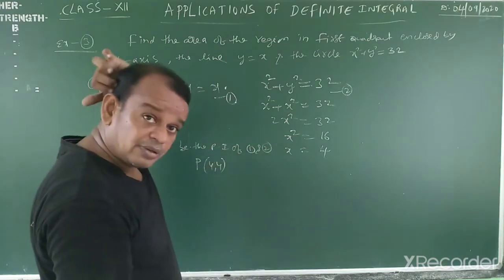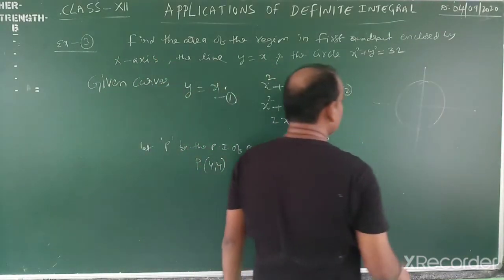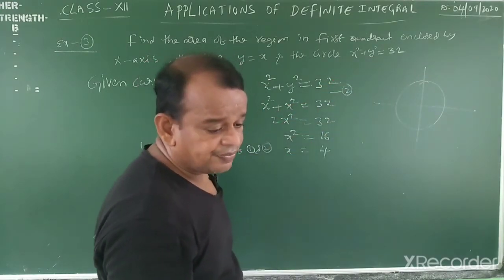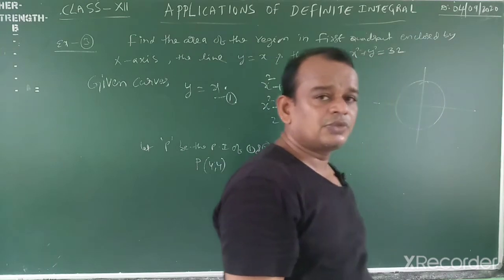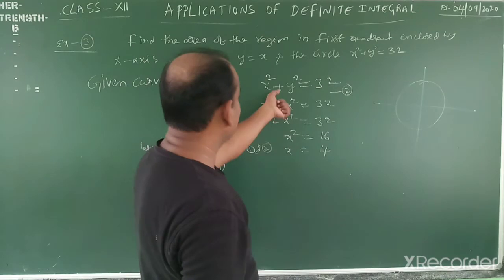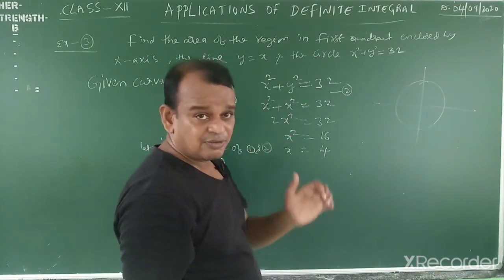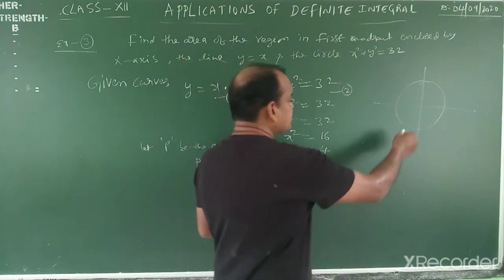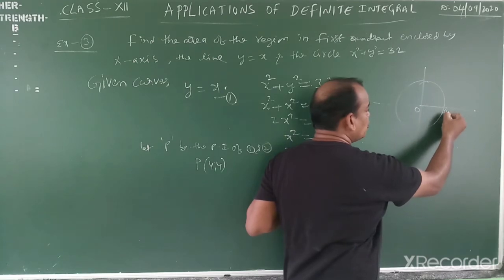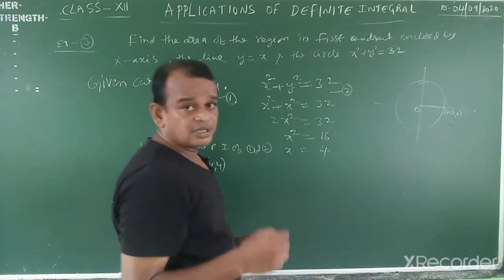Now, first we are going to the diagram, my dear students. Here, this is the circle. What about the circle? x square plus y square equal to r square. r square means root. This is 4 root 2, 4 root 2 whole square. This circle is x square plus y square equal to r square, which means 32. Root 32 whole square. 16 twos are 32, so 4 root 2 whole square. Okay. This is the center. This is 100% the radius. Now the distance from this one to this one. Okay, my dear students. Have any doubt?